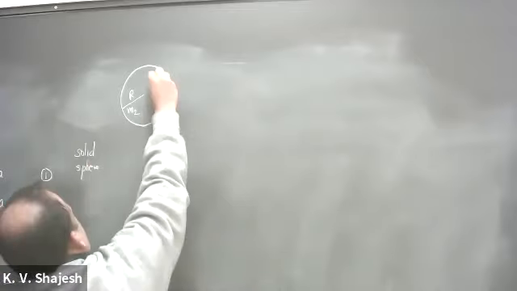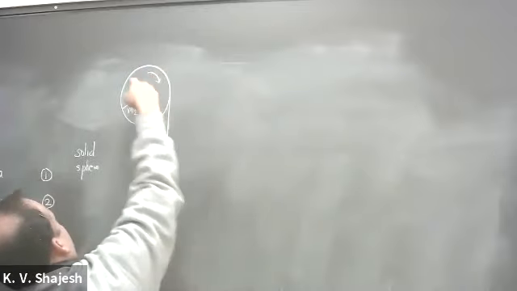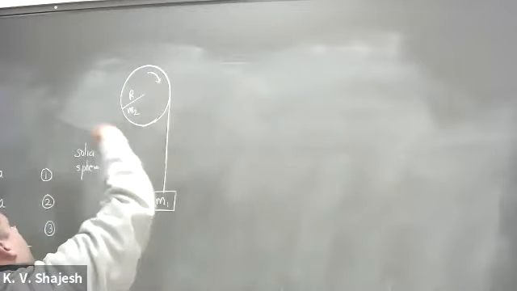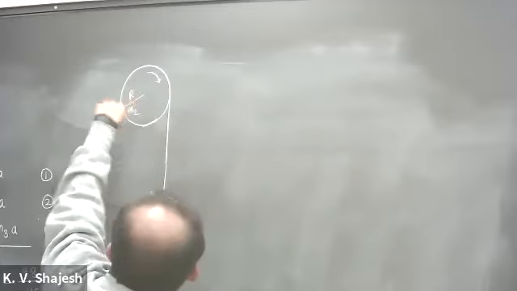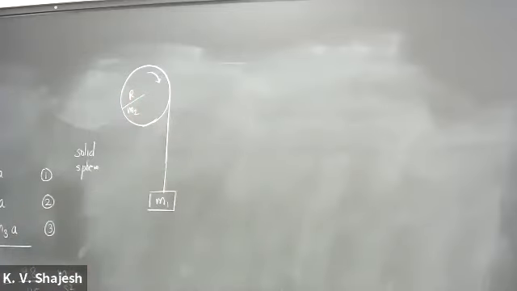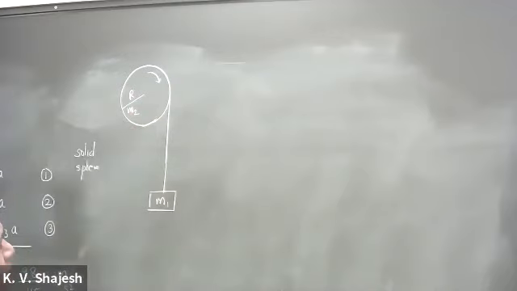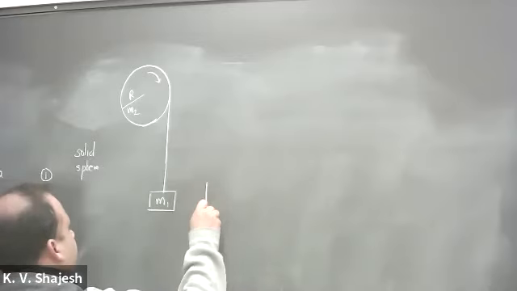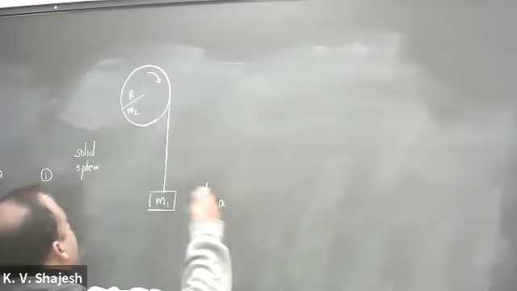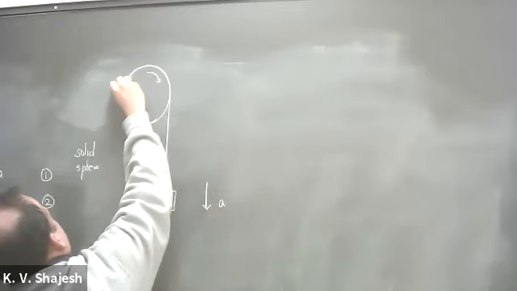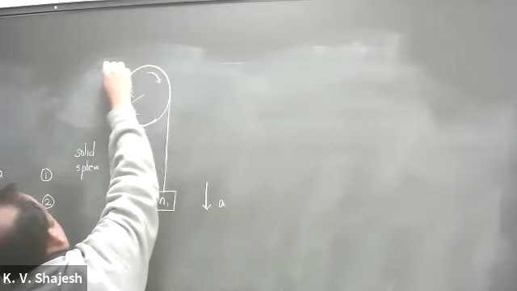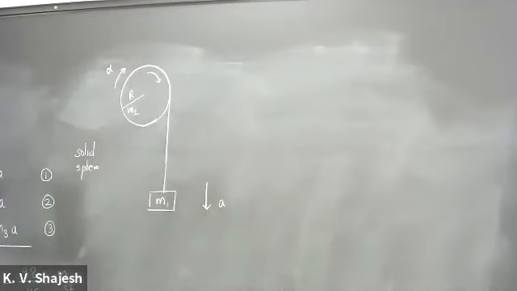Earlier, there was another mass associated with this, right? But now this is going to rotate. Why does it rotate? And where is the other part of the string? This is wound, right? All the string is wound on this pulley. So as it falls, it is released off, and this is a perfectly possible motion. There is an acceleration A associated with this.